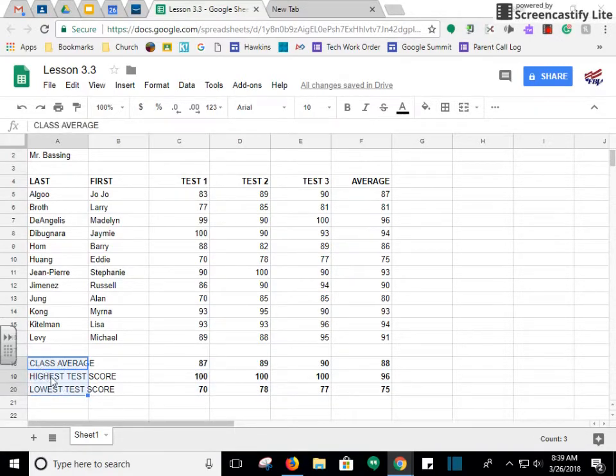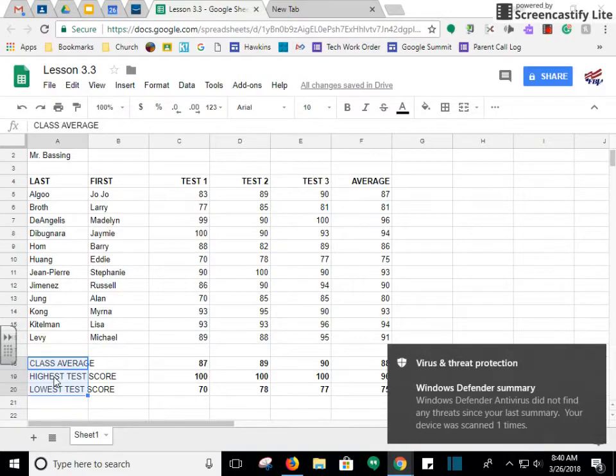And now notice that when I select them, it looks like part of it's cut off. But remember, as long as there's nothing in the cell to the right, it will automatically allow that text to flow into that next cell. But actually, all of that information is held in these 3 cells. So it says, and then on the